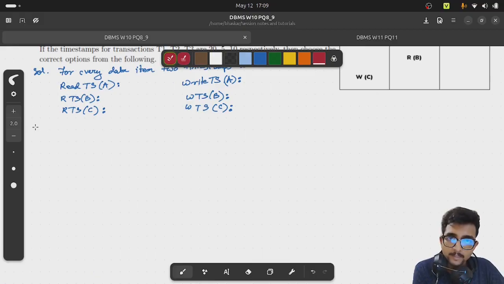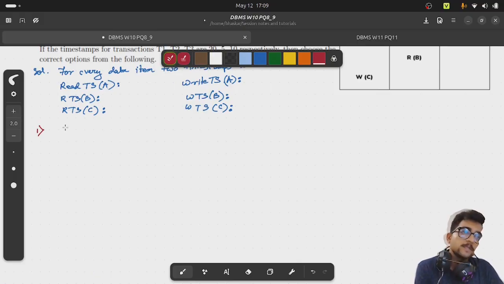According to the timestamp ordering protocol, whenever a write operation is requested by a transaction, so basically whenever we are going to perform a write operation in the schedule, at first, before performing that write operation, we will have to check whether that write operation is valid, according to the rules of the timestamp ordering protocol. So how will we check the validity of a particular write operation? For a write operation,